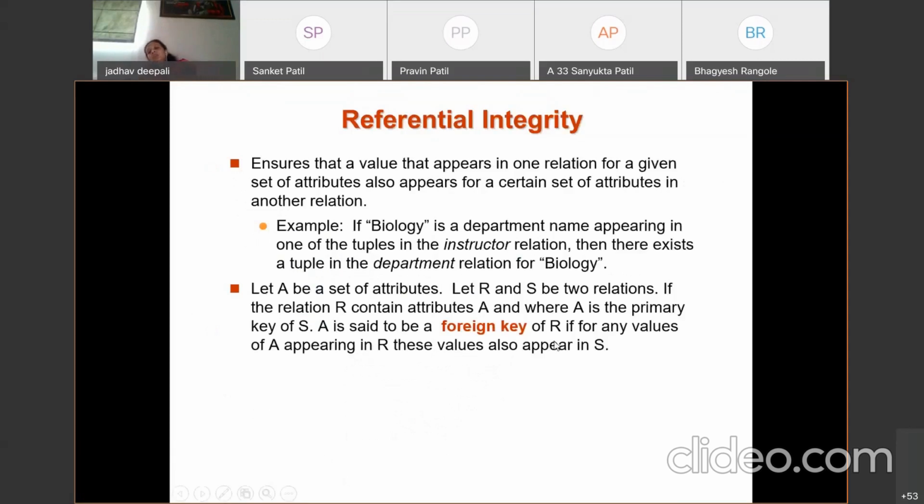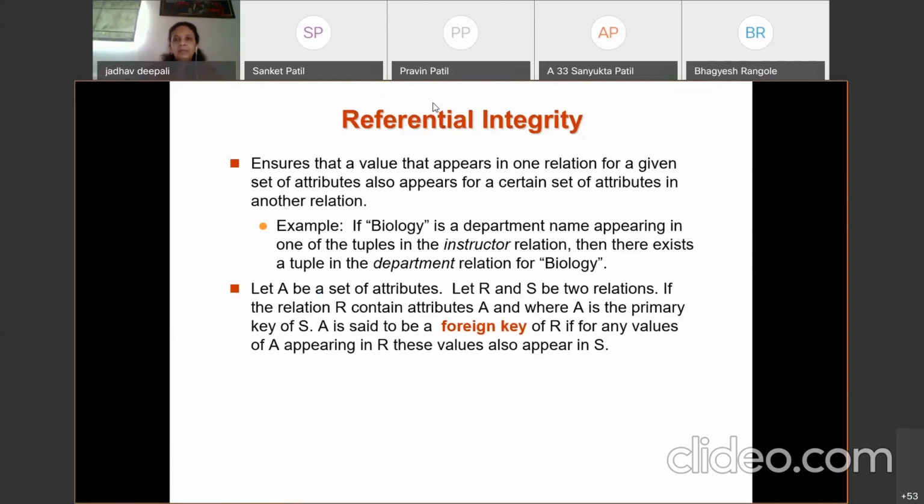Now, the most important constraint, that is referential integrity, or foreign key constraint. So what is referential integrity? It ensures that a value that appears in one relation for a given set of attributes also appears for a certain set of attributes in another relation. What does that mean?